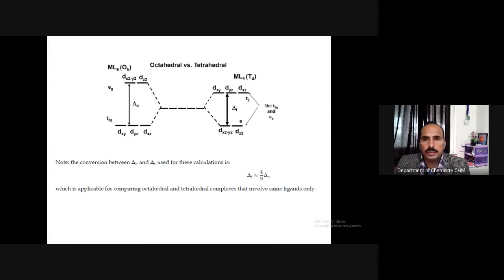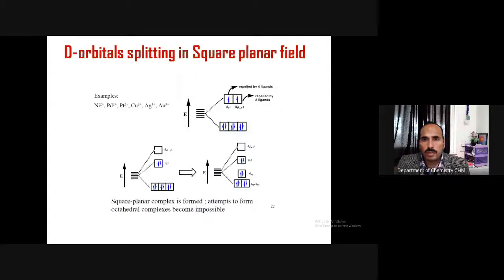That is how you can basically understand the splitting of the tetrahedral and octahedral geometry. Okay. Well, you can also have a look at the d orbital splitting in a square planar ligand field. Nickel, palladium, platinum, and sometimes copper, gold, and silver complexes are square planar. And when they are square planar, you can understand them like this: let's say there is an octahedral